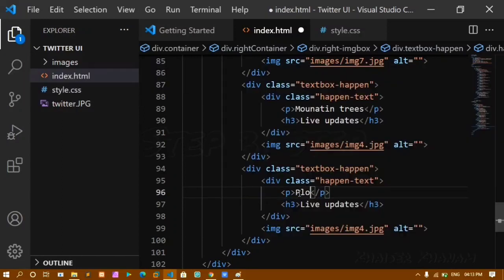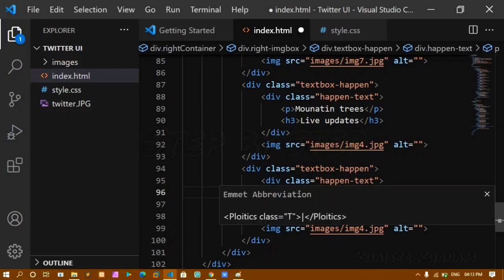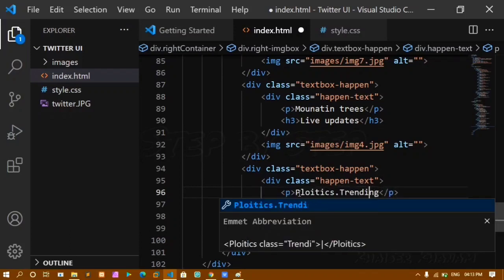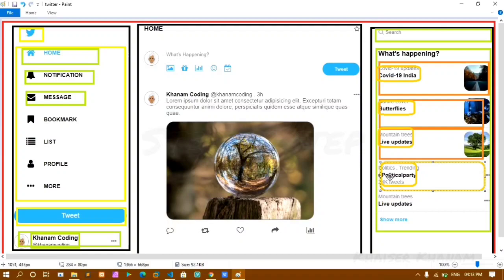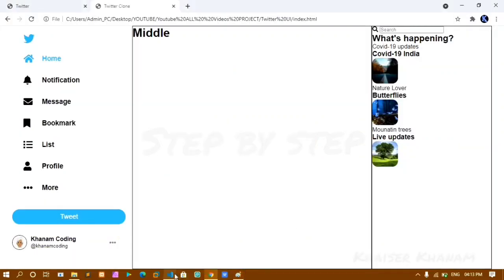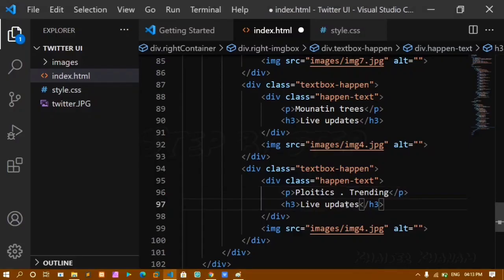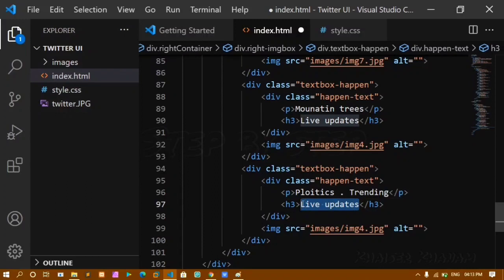I'll just give here politics dot. I'll give some spaces here. Okay, and I have political party here. I'll just change my text. I'll just give here political party.